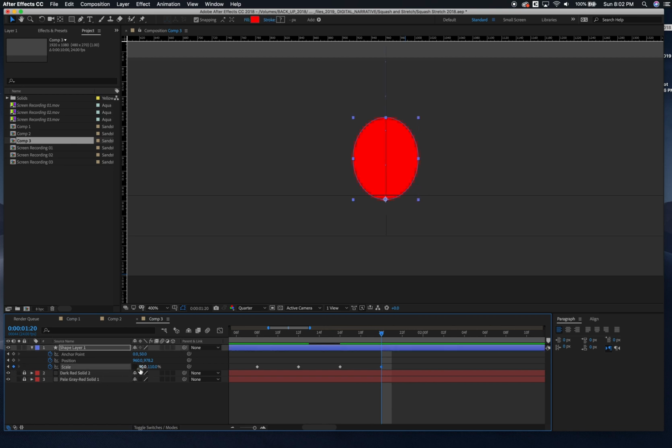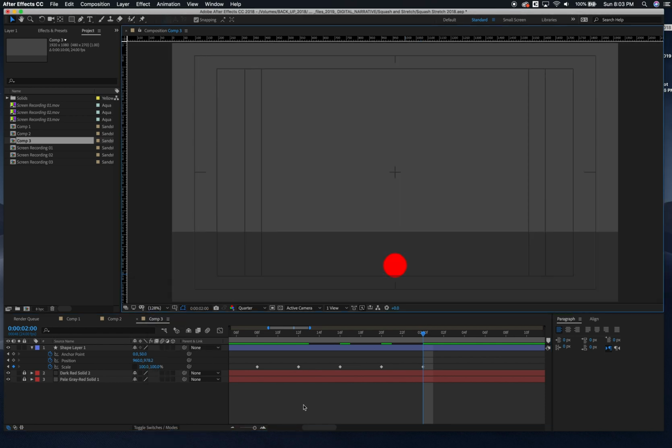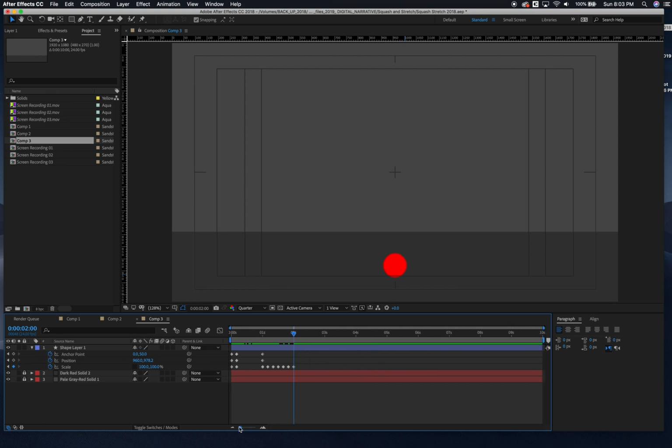We'll make it 105 and 95. And then another 4 frames, which takes us up to 2 seconds, and we'll make it 100 and 100. If I go to fit to frame, put this down a little bit, and take this little guy, the work